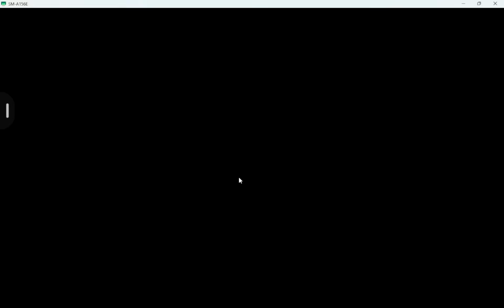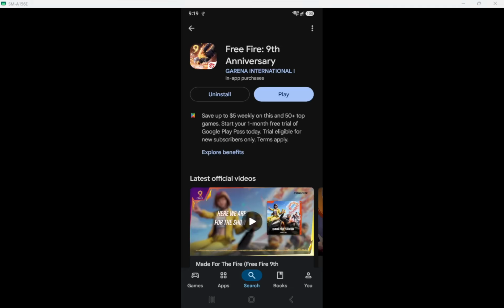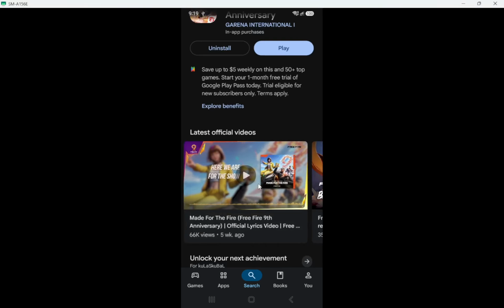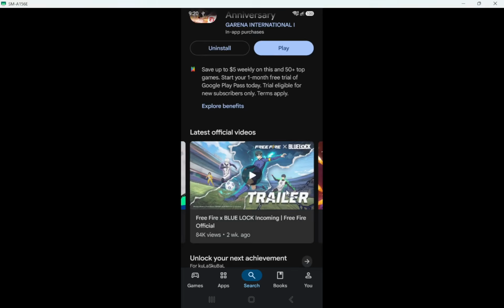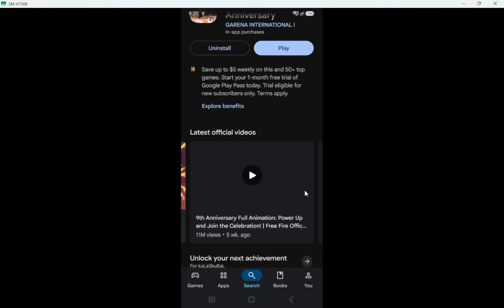On the sign-in screen, you will see several options, such as using a social account or a guest profile, depending on what Free Fire currently offers. Choose the sign-in method you normally use for games, then follow the prompts on screen. After you complete this, the game will load to the main lobby and your profile will appear, ready for matchmaking and gameplay. You have now downloaded Free Fire from the Google Play Store and signed in so you can jump straight into your matches.